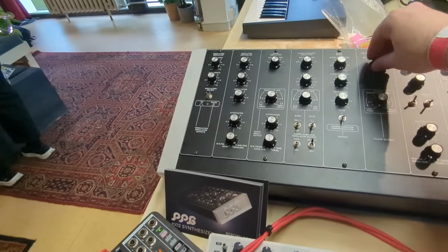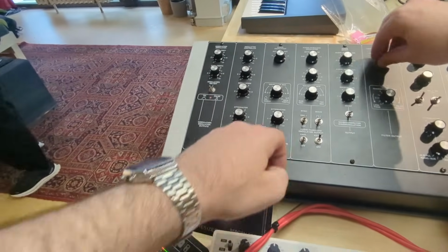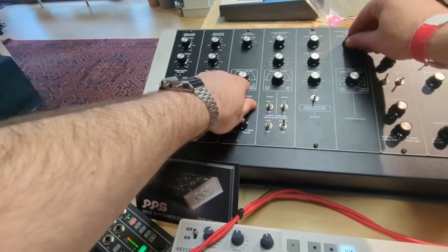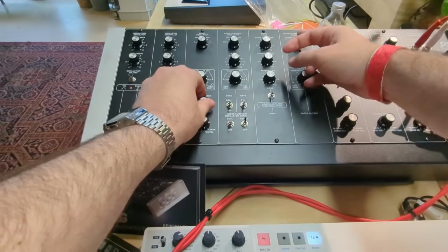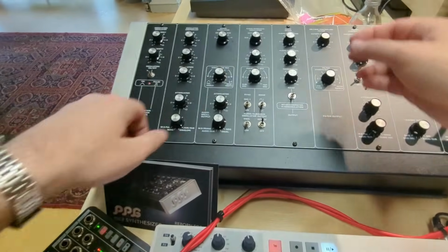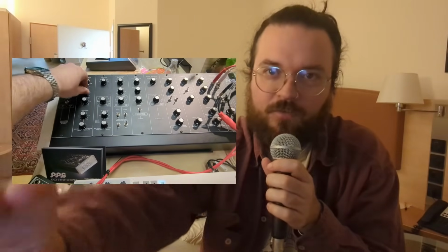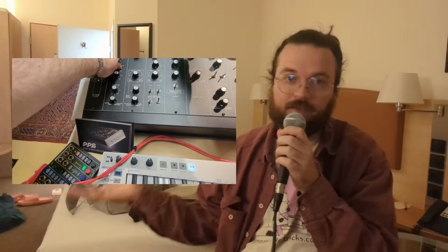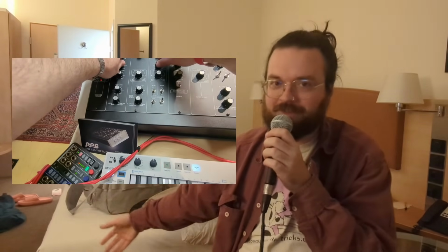Here's something that I didn't fall in love with, the PPG 1002. It is something that wasn't on my list going into it. Somebody had mentioned it to me, maybe in the Discord, mentioned that it got announced. I was just walking by and I saw it, and I was like, oh, that's that thing. And I played it, and I liked it, so I got audio. But I had no idea it was